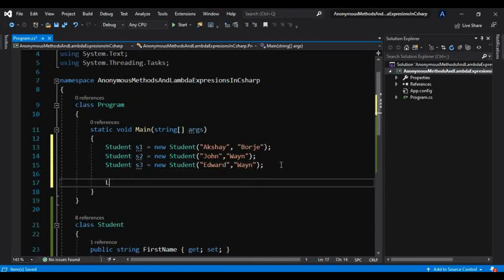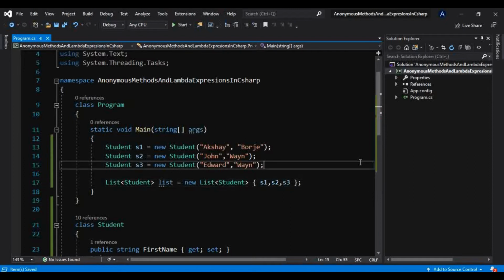Now let's create one list which will be of Student type, so that we can add these objects into this list. So list is equal to new List of Student, and in that we will pass these objects, that is S1, S2 and S3.